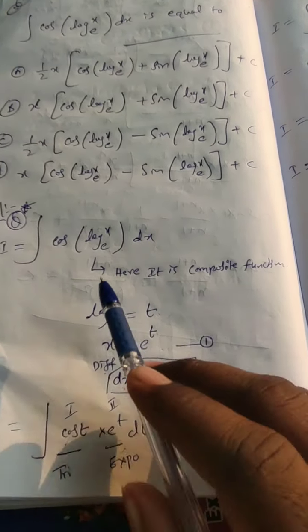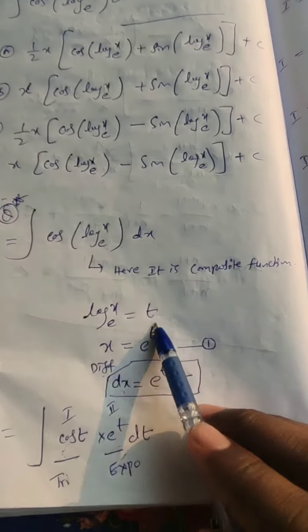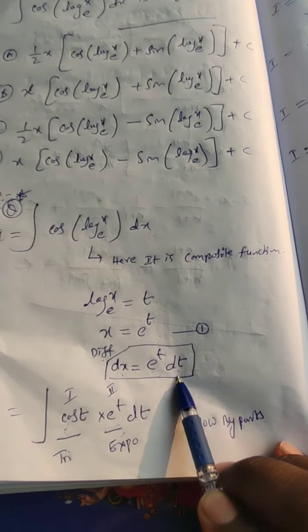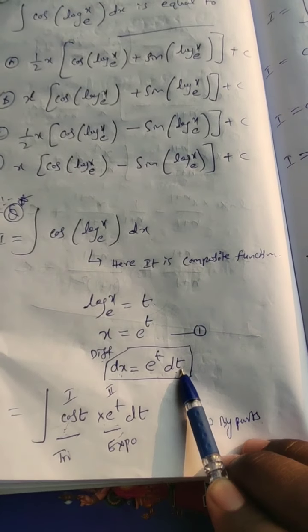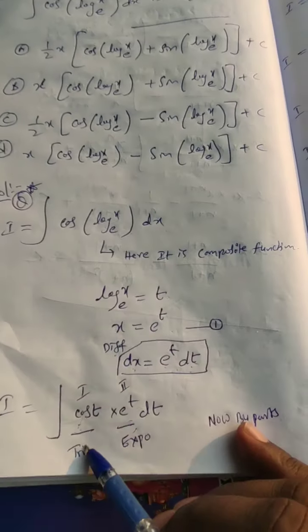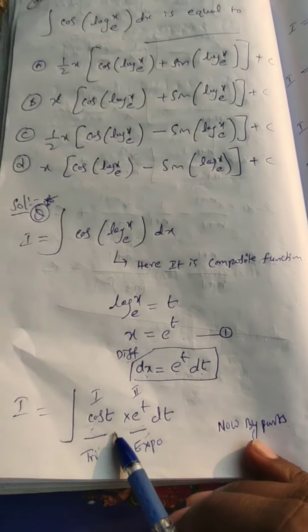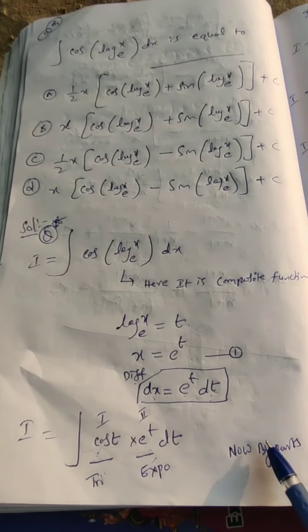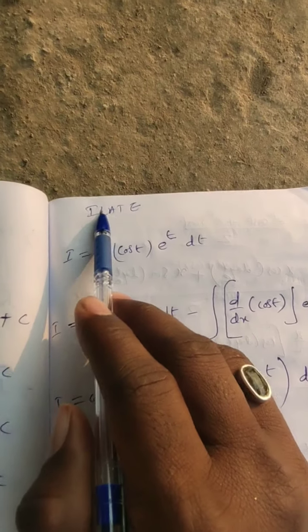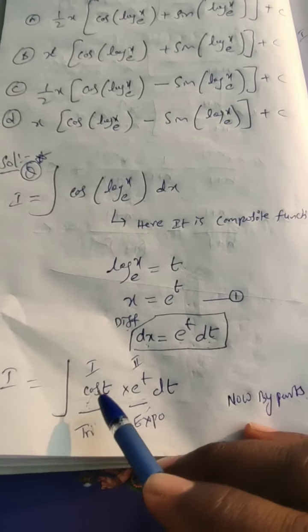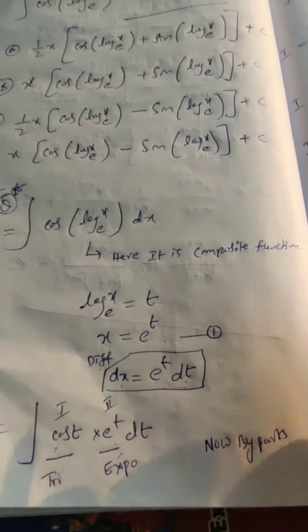Now this composite function is expressed as a product of two functions. I hope you understand. I took this part as t, I converted to exponential, applied differentiation, so dx is equal to e power t dt. So I converted dx, and this I made t. This got as a product of two functions. Now we have the by parts form, so we can do it. As per ILATE, exponential is last, so it is the second function, and trigonometry is the first function.